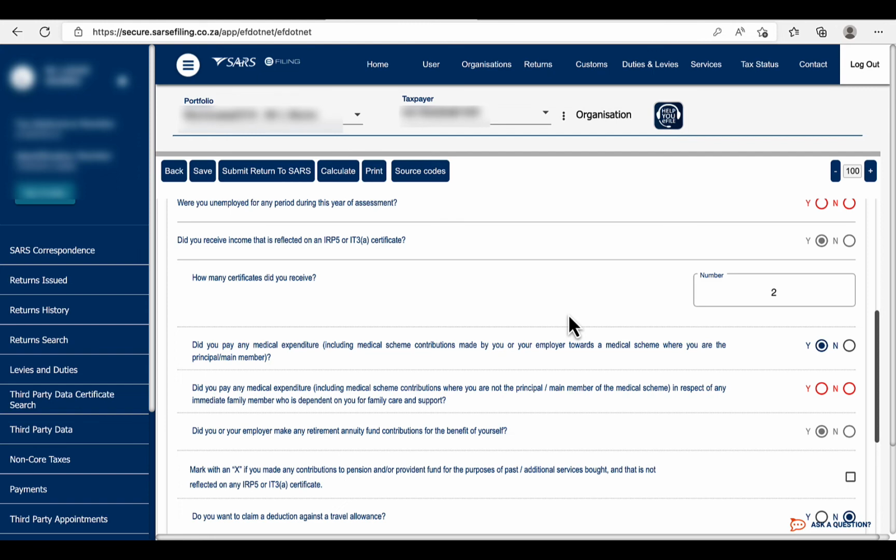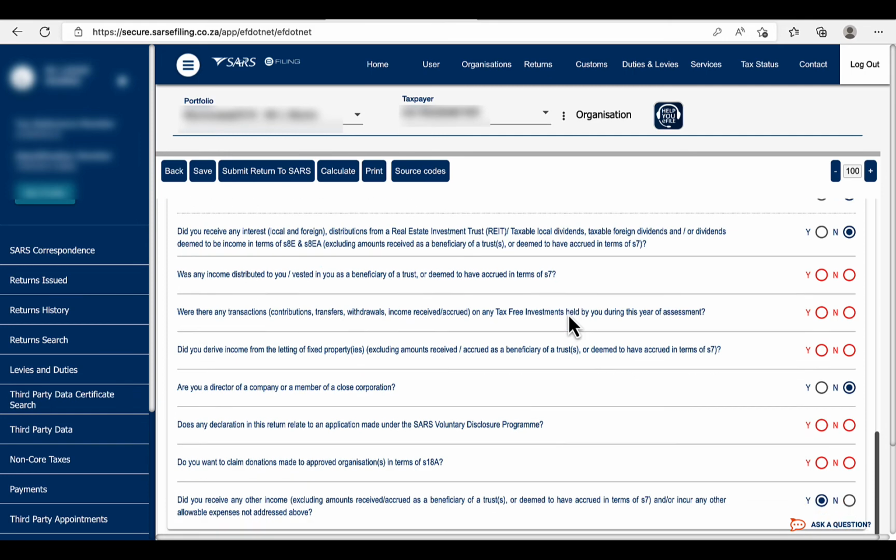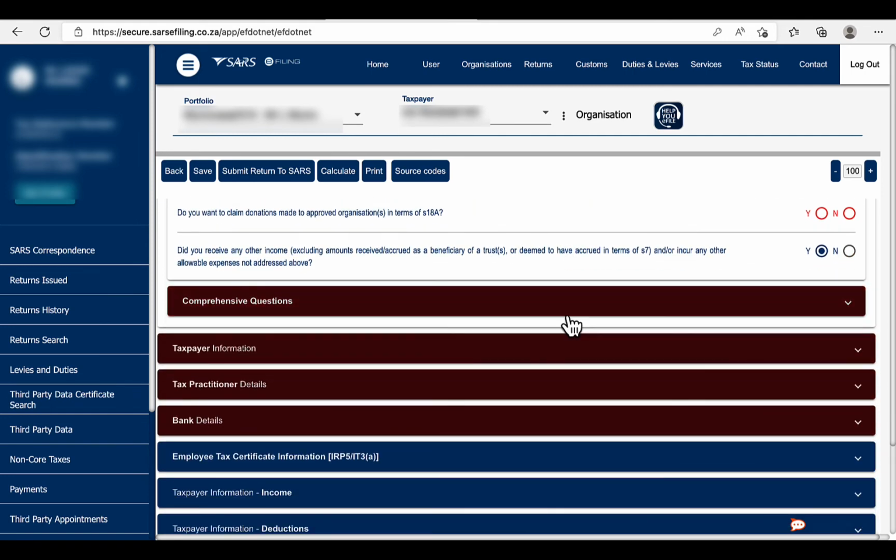But the certificate is useful to check that the information given to you agrees with the information that is populated on your tax return. To do this, I'm going to scroll down to the employee tax certificate information (IRP5, IT3A) sections of the tax return